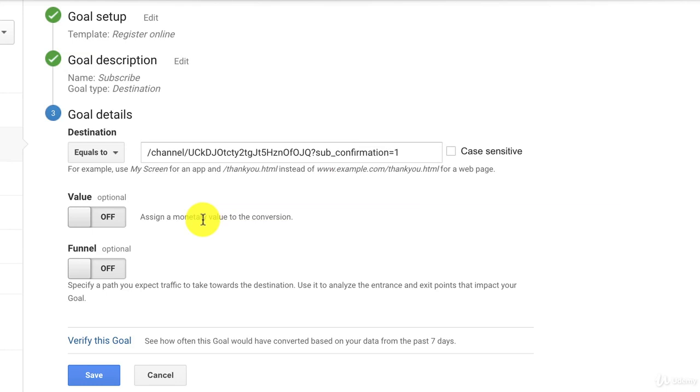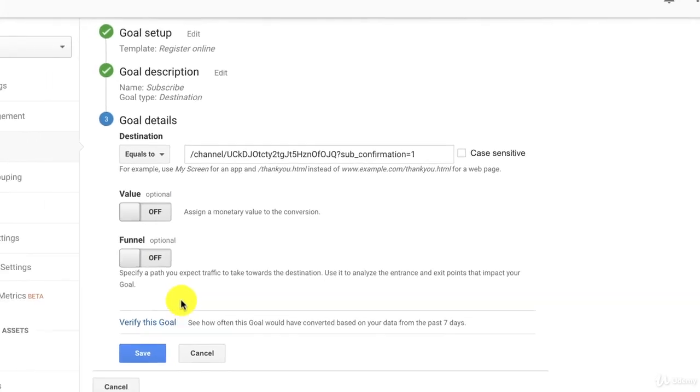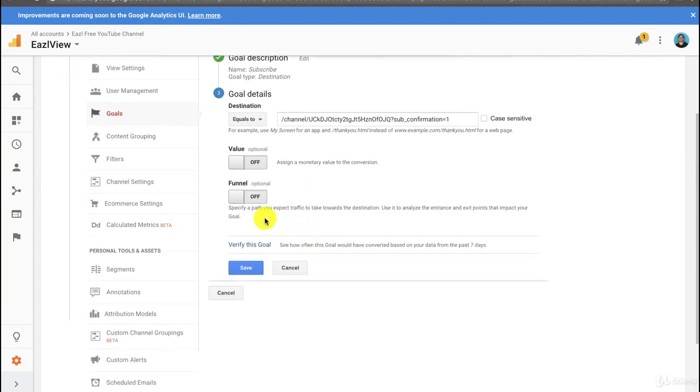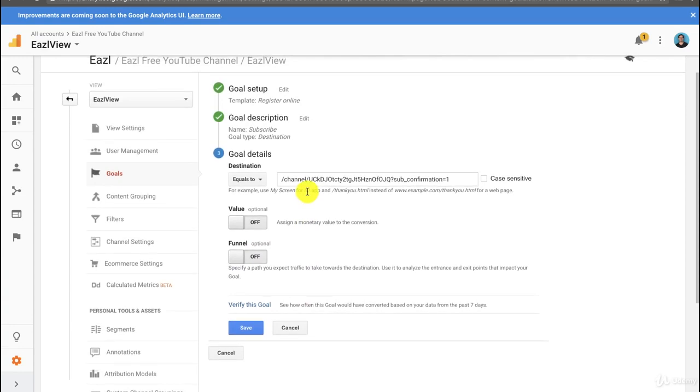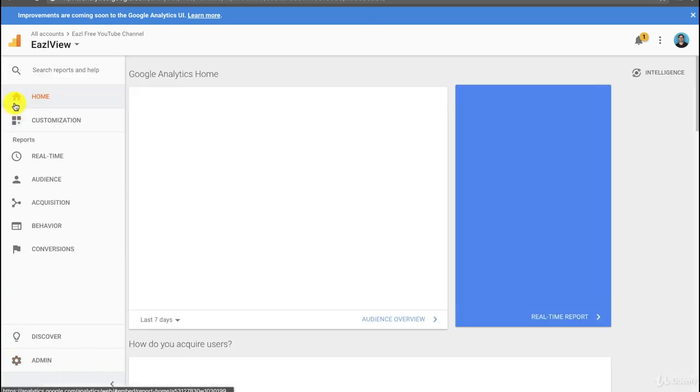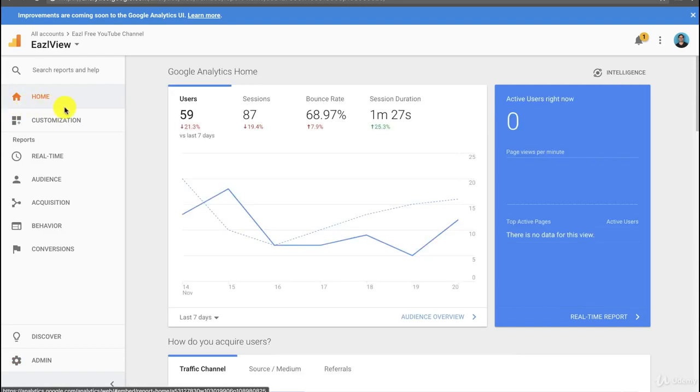So you're going to see here that you can start to put values on some of these conversions and funnels. But we're not going to do that for now. That's something that you can get into if you want to. I find that in practice, many funnels combine offline and online events, but if your funnel's all digital, like especially for e-commerce sites, a lot of this stuff is especially valuable. But I just wanted you to have that and to save the goal, and I'll show you what this looks like. So if we go back to home where we can see some of our data, I'll show you what